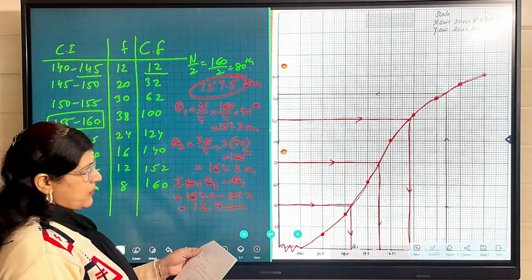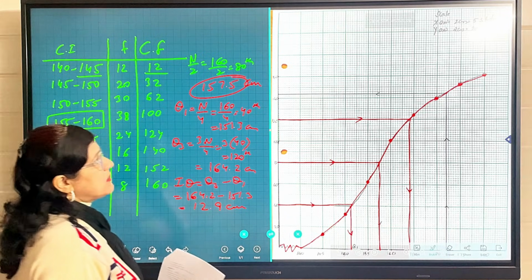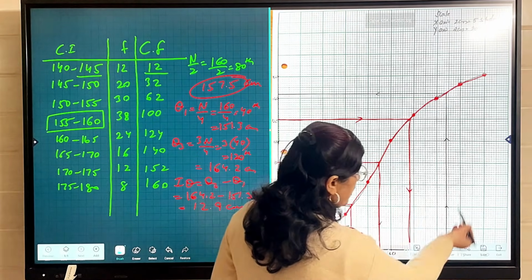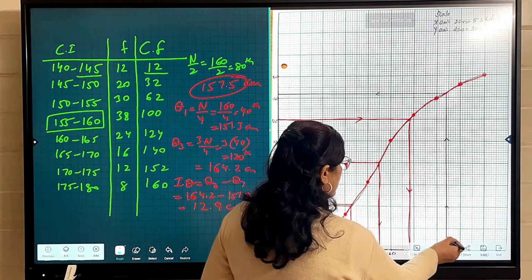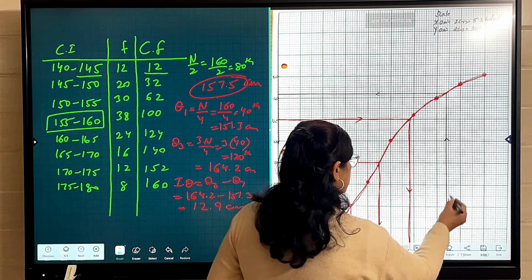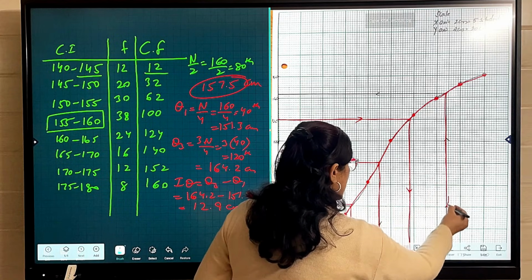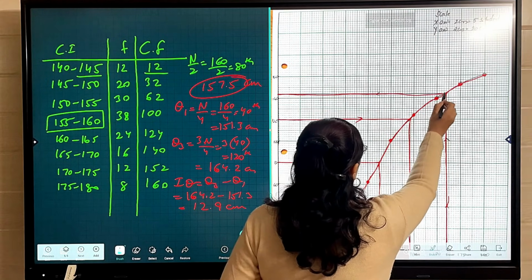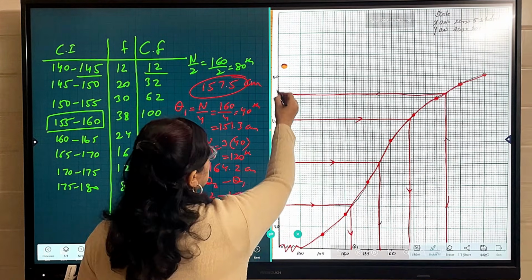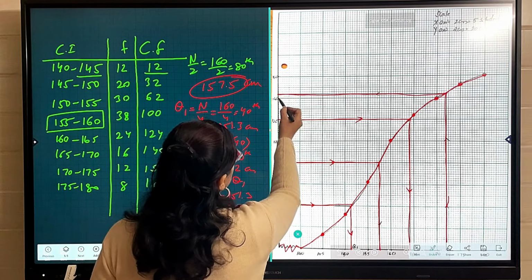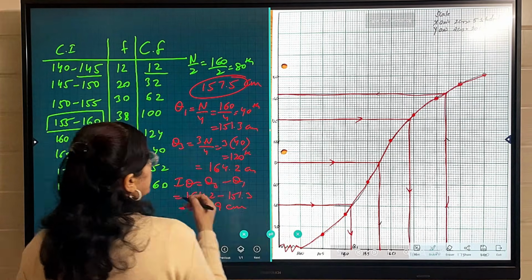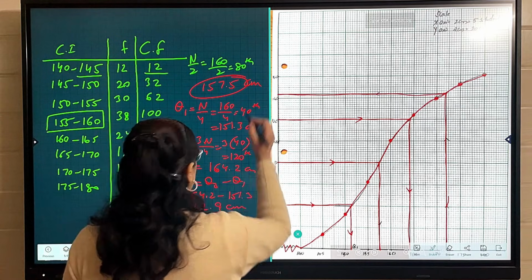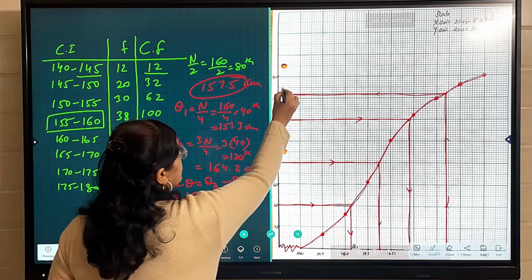Now our last part is number of students whose height is above 172 centimeter. Height is above 172. Now this is the first question in which we are coming from the x-axis. The line starts drawing from the x-axis. On the x-axis you have to start this line, and then you have to draw a horizontal line like this, to the point on the ogive itself, and on the y-axis this point is lying in between 140 and 160 and only 2 grids above 140. So 20 के accordingly if we take, तो यहाँ पर आपका point बन रहा है 140 के बाद 2, 142 and 144. So this value is at 144.